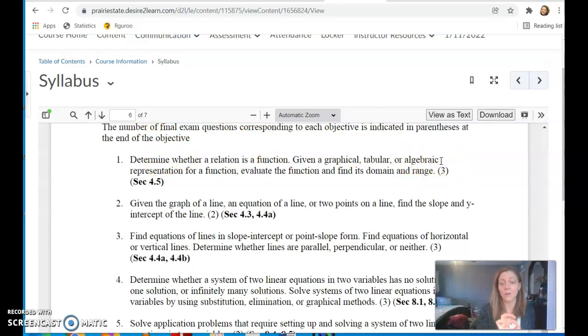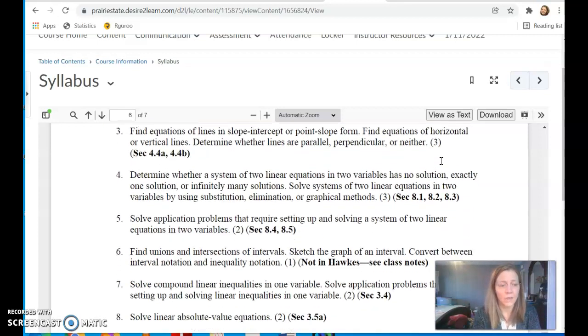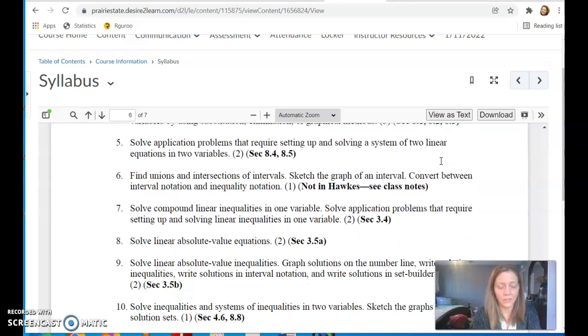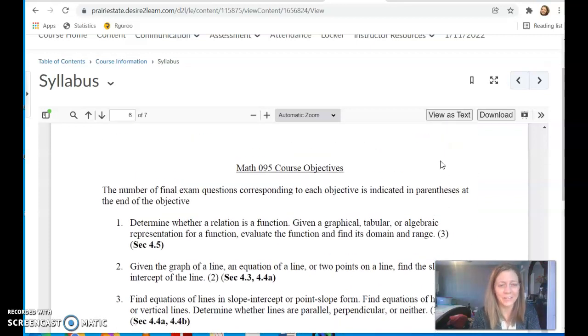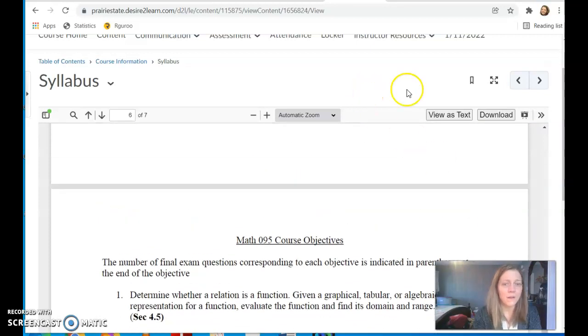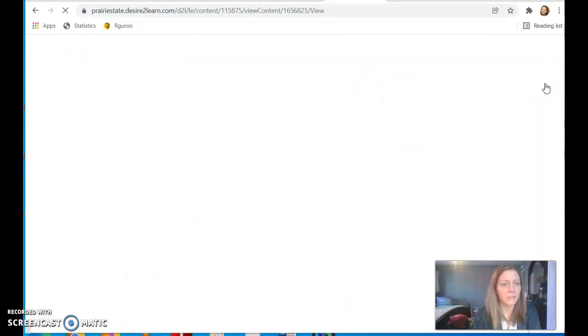That corresponds to the number of problems on the final exam that test that particular objective. So that kind of gives you, I guess, some real stakes in kind of understanding what it is that you're learning here. All right, so that's the syllabus also.